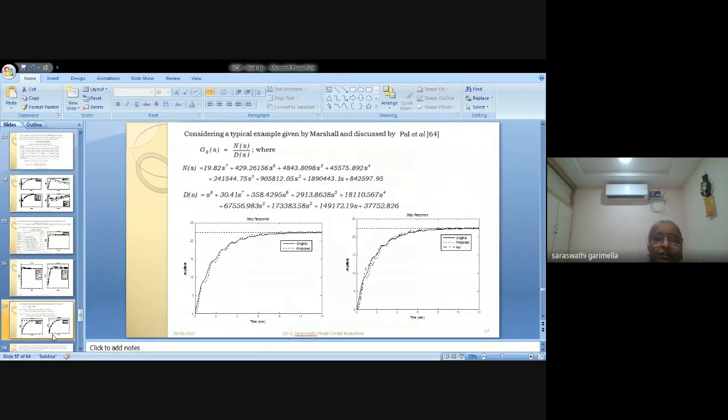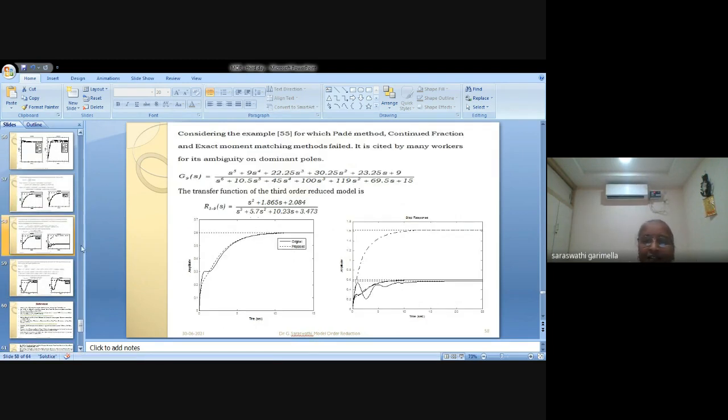This is some other method. See, this is the IIT Kharagpur people, they suggested this plot. This is going curly, and my method is also following the curly, because this is Jayanta Pal sir. He has done this work, and he showed that his is following, but mine is following more closely than his. So I felt happy about that. Okay.